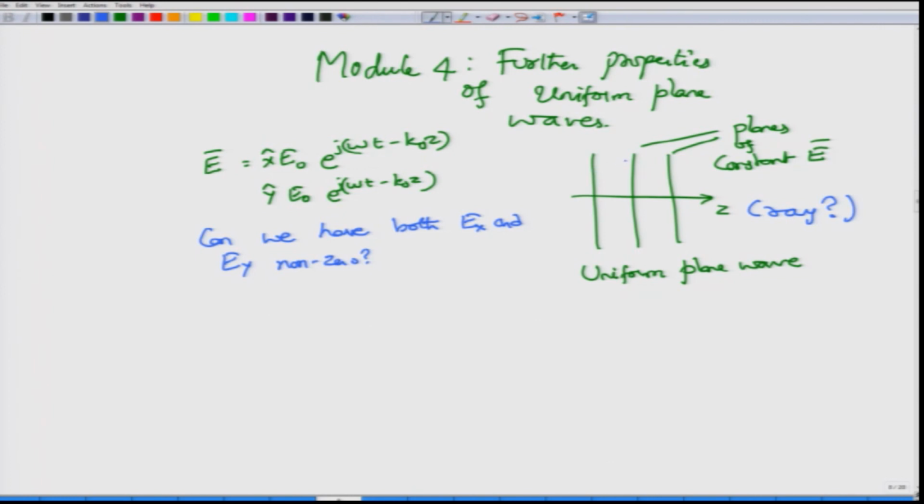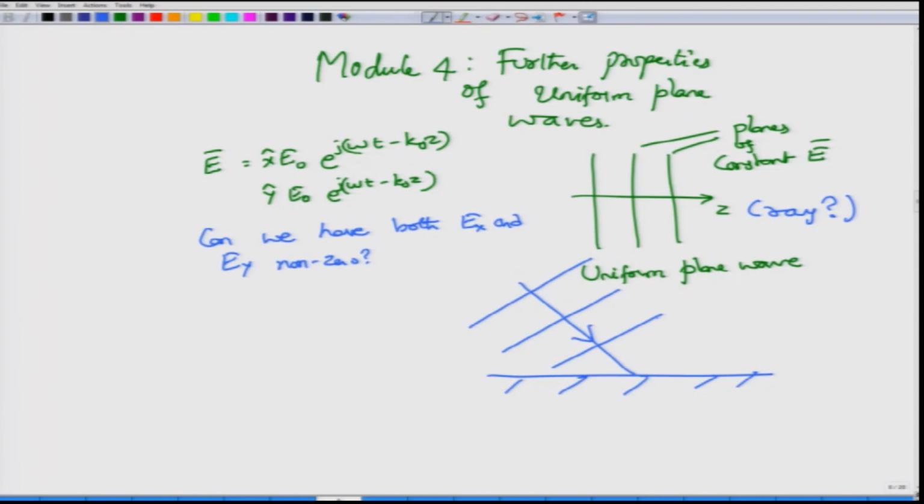In fact, remember light can also be thought about as a ray. This is the picture you actually have in mind. I have an interface like this, and then a ray of light incident at a certain angle. What we mean is that the wave is propagating in the direction I have indicated with this arrow, and the electric fields are constant on these planes, and of course there will be constant magnetic fields transverse to this one also.